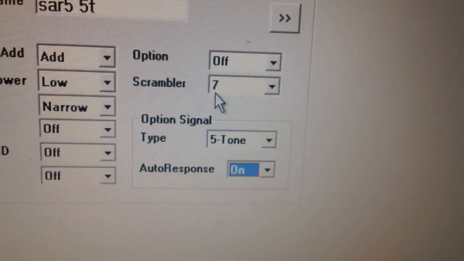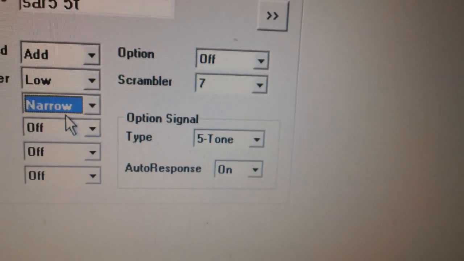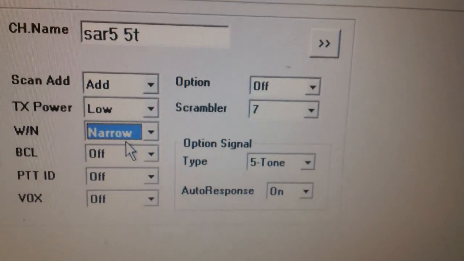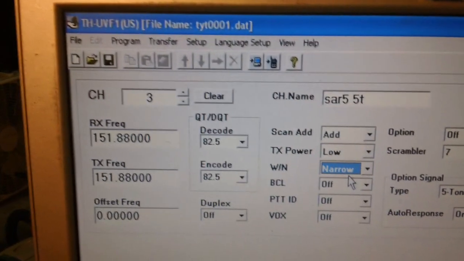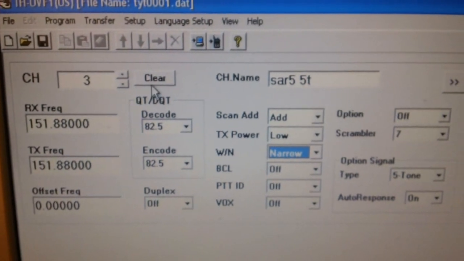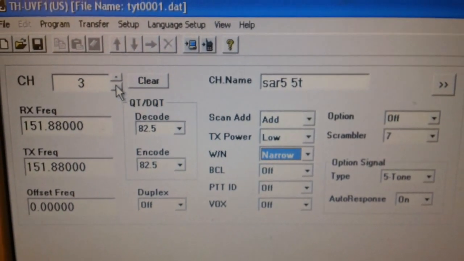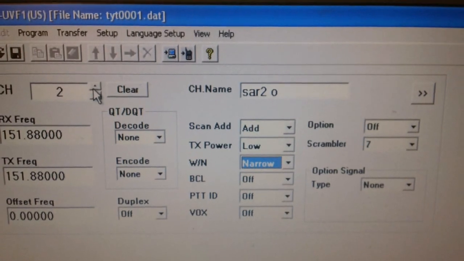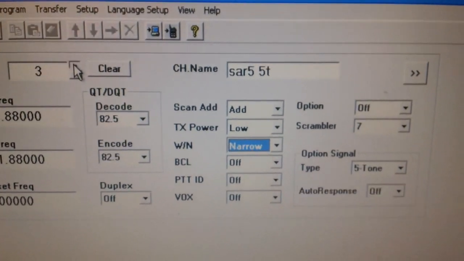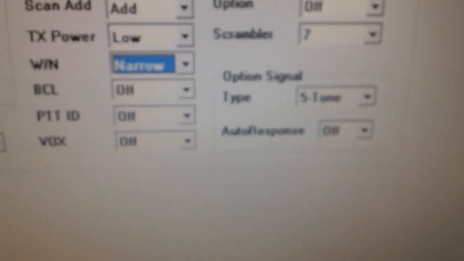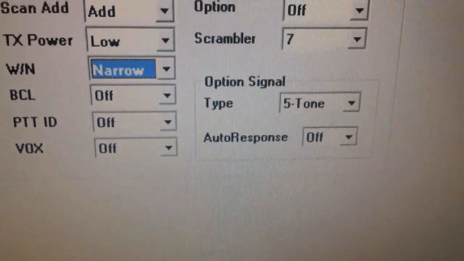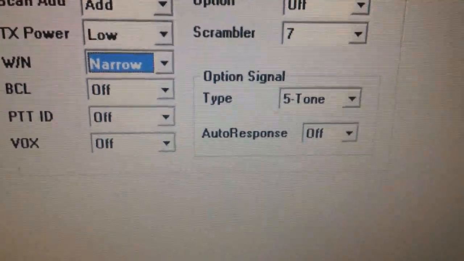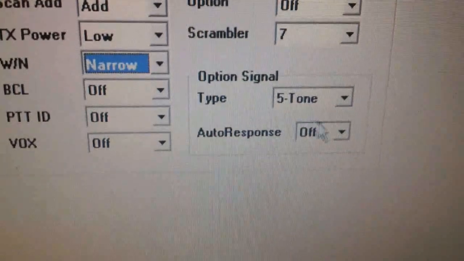But there's a glitch to this, and let me show you. Here, you see that it's on, and I want it on channel number 3, so I'm going to scroll to channel number 2 here real quick, and I'm going to go back to channel number 3 again. See, it automatically turned it off. It's a glitch in the programming. So what I would do is,